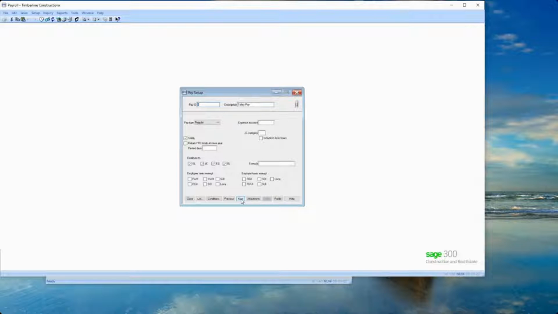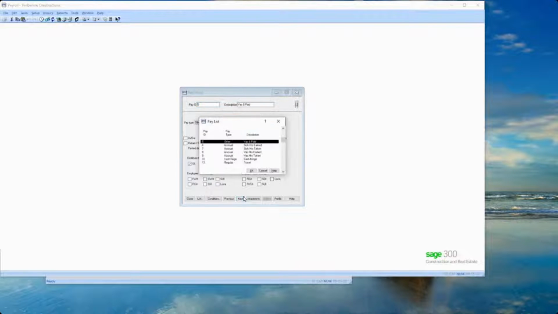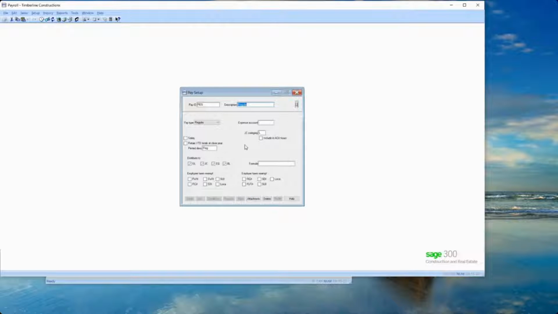The first thing to think about is on your pay. There's a section here for Distribute To, and if you want that cost to go to job costs, you need to make sure the job cost checkbox is checked. And then the next thing is here for pays. While we're on pays, you can determine in advance, I'm just going to list and look at what my other pays are, you can determine in advance what job cost category you want your pay to be sent to. Labor is just the most common.